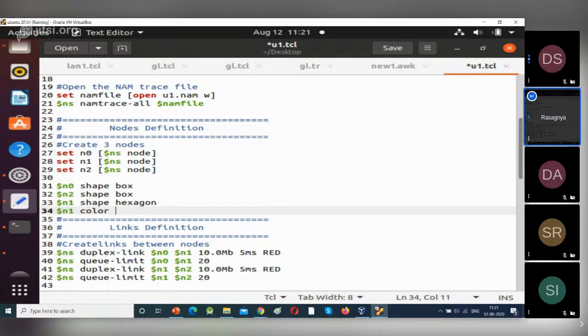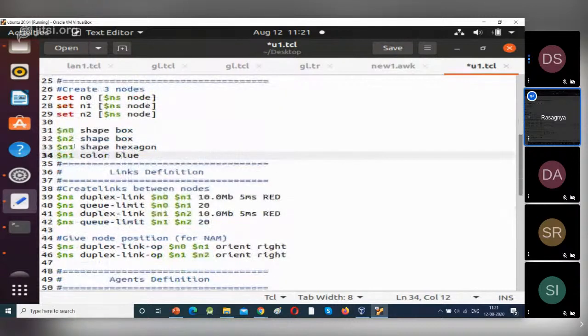I'm giving it as blue. Sorry, this should be small letter, give blue, small b. So if you want to change the color of the other nodes, you can change here. I am changing only color for intermediate device.